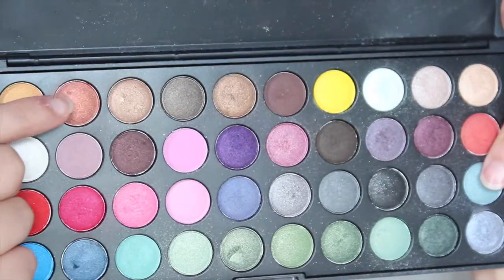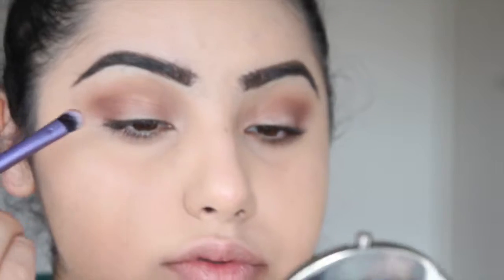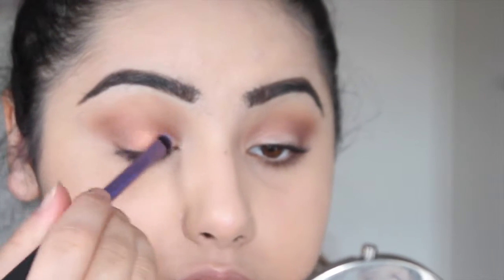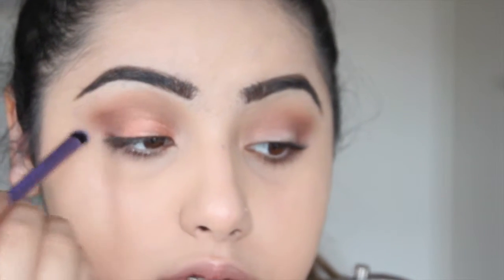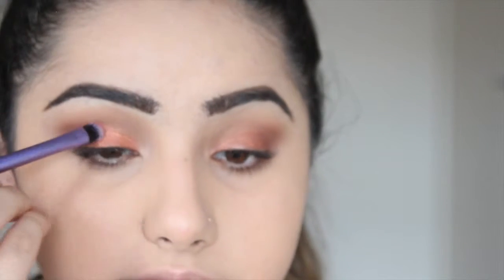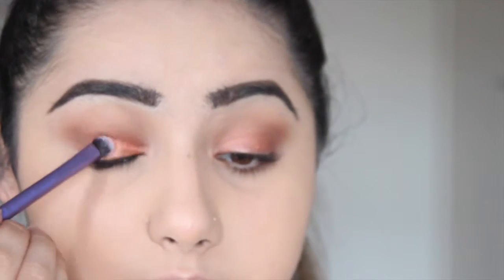For the lid, taking this burnt orange colour. It's really nice. It's from the BH Party Girl palette. I know I'm going all over around with these palettes, but I can't seem to find the perfect shade in one palette. And then just going over it once again, once the brush is less wet, just to add a bit more